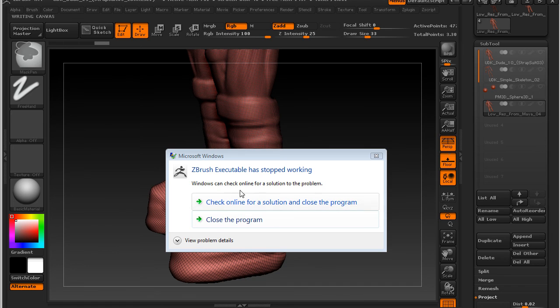So if you're going to do an entire character, I recommend doing it in sections if you're going to use the topology brush. If you're not going to be able to do it in sections, if you're going to do an entire character head to toe with lots of detail, keep your draw size as large as possible, draw as big a polygon grid as you can, and also